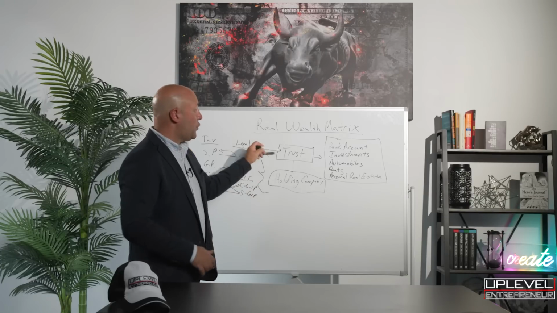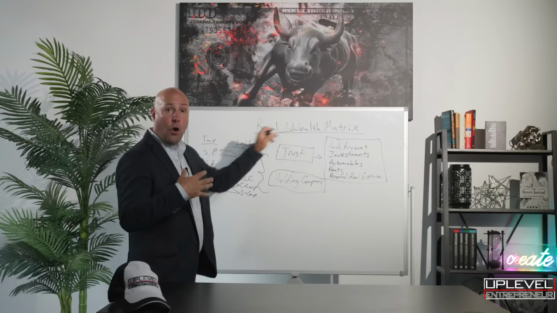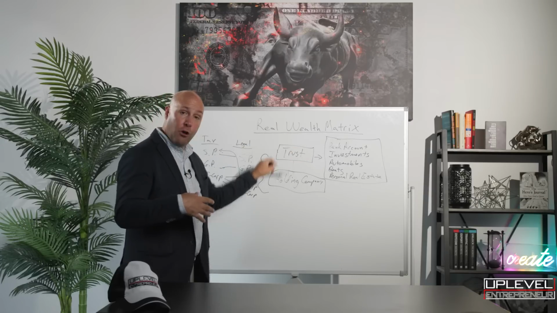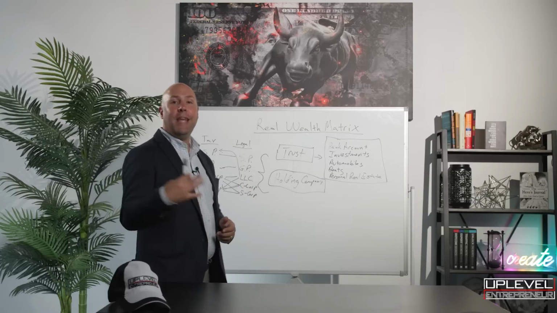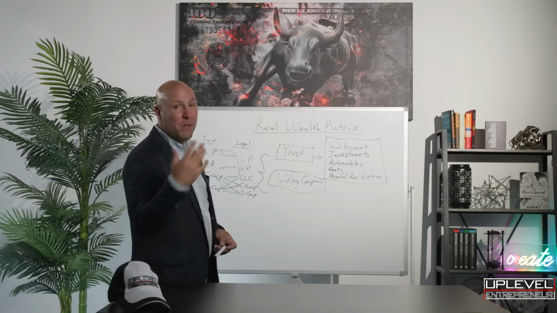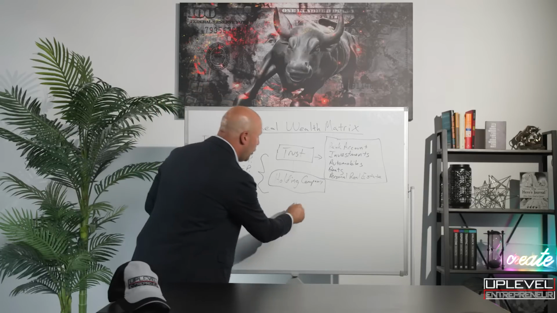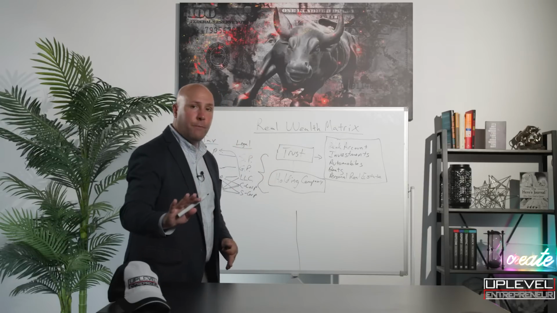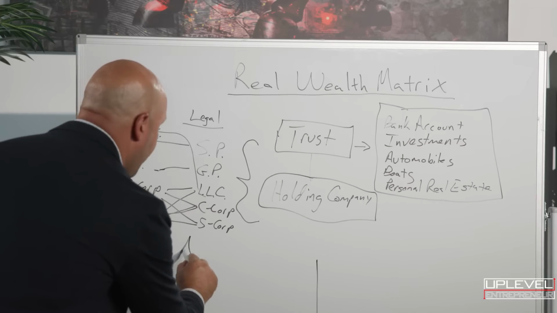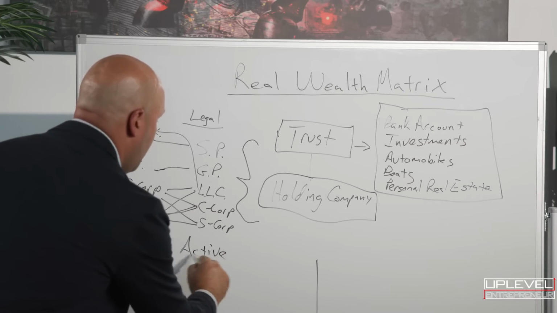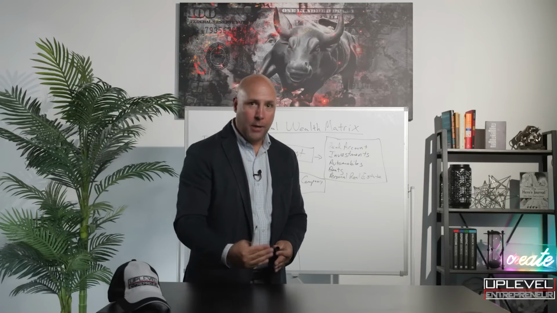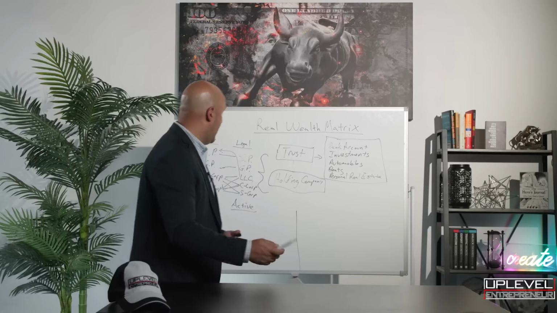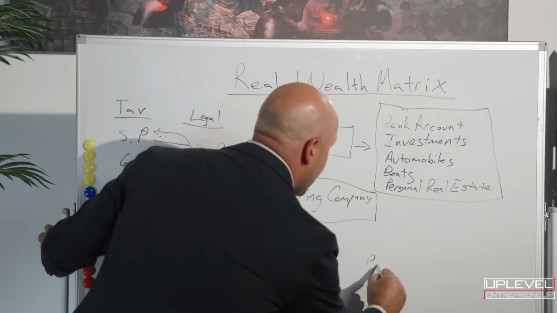So again, we have trusts set up to own all of our assets, personal assets and our business assets. So the trust owns our holding company. Then our holding company could be the entity that owns our assets, our business assets specifically. And there are two general categories of business assets. You have active business assets. Those are the businesses that are actually engaging in activity on a daily basis, and you may be involved significantly in those daily activities. And then you also have passive assets.